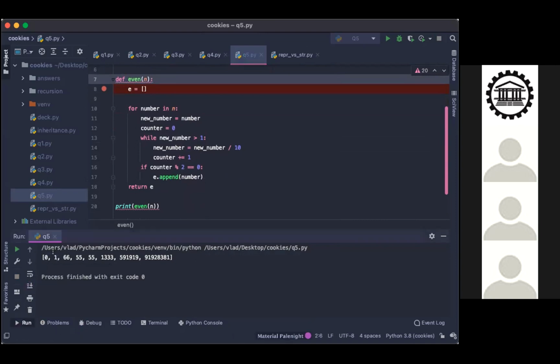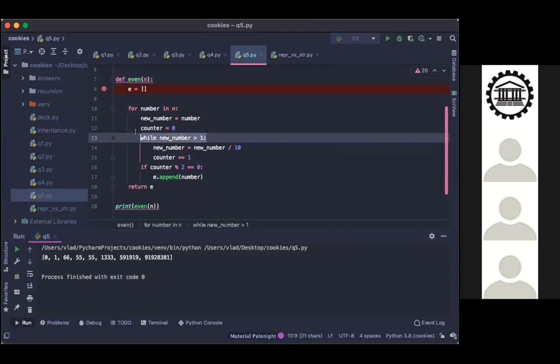Okay. What can we do? It has to do something with the condition of the while loop. Has something to do with here, but how would we fix it? Would we change the condition or can we do something else? Could you try while new number? No, never mind.